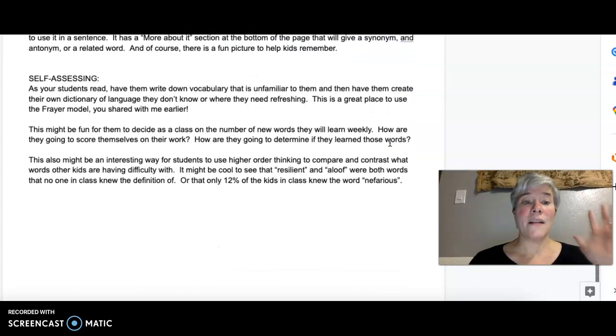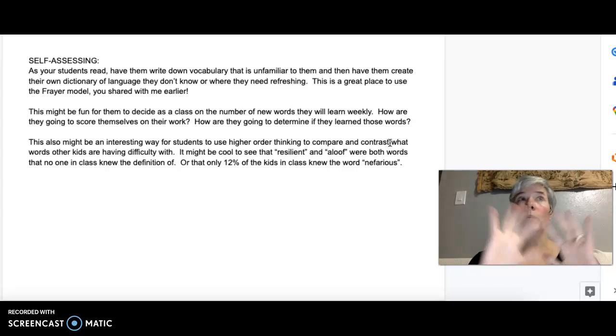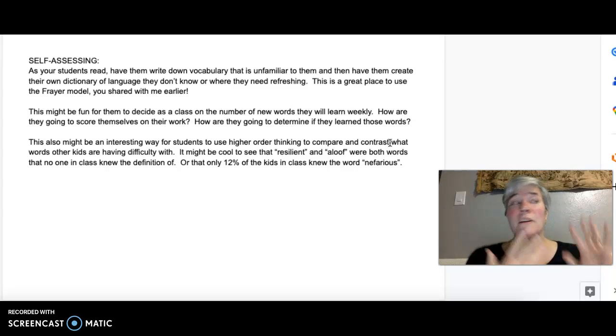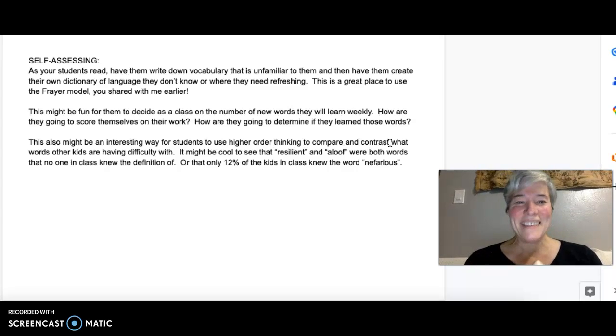Also, let's talk about self-assessing. As they're reading through whatever you're going to have them read, why don't you have them write down vocabulary that is unfamiliar to them, and then they can create their own dictionary of language, something that they can keep that is theirs that they know. These are words that I need to work on. It can be either words that they're completely unfamiliar with or words that they just need refreshing on. And I was thinking about you as I was doing this because I thought, oh, that would be a great place for the Frayer model that you shared with me earlier,